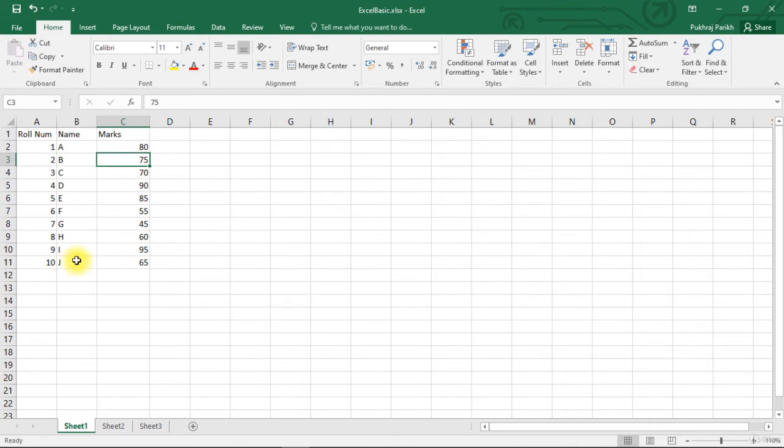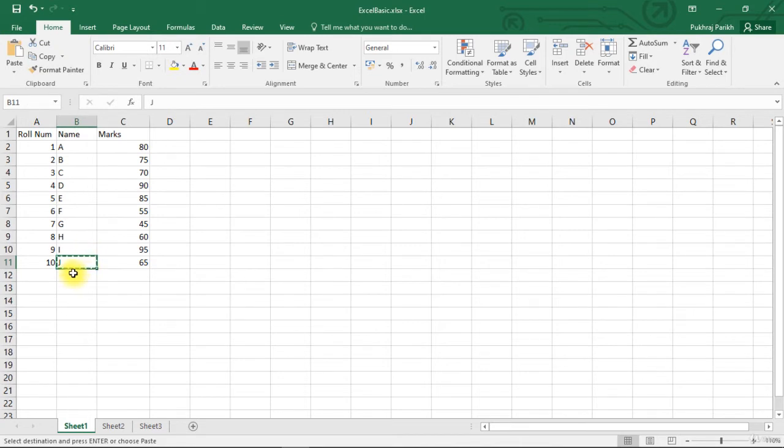The other combination is copy plus paste. The difference is that copy does not remove data from the original position. It just makes a copy of it and we can paste this copy wherever we like to. For example, if I want to repeat student name J 5 times, I will just copy it once by selecting the cell and clicking the copy option here in the home menu.